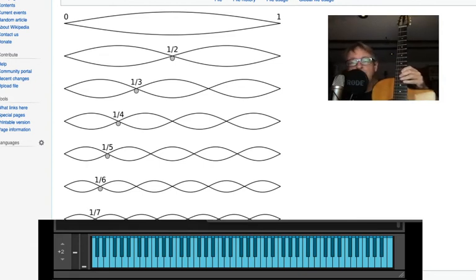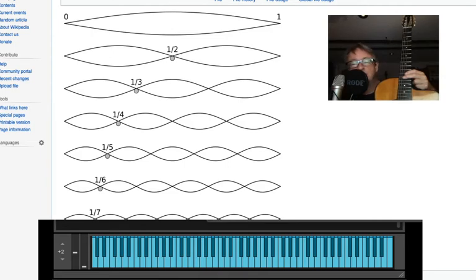So here's an open A string. It's not A440, it's down a couple octaves, which means it's either A220 or A110, because it's doubles and multiples of that, direct multiples. If we're taking a look at our fundamental, that'd be vibrating like this, one open string. If I take that string and split it exactly in half with my finger, it gives us what we call a harmonic on guitar, but it's essentially an overtone